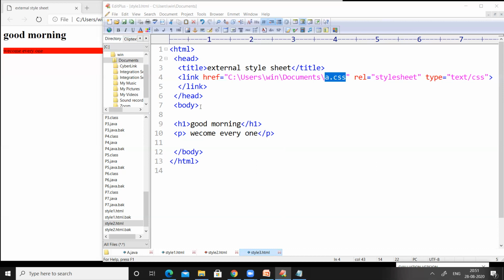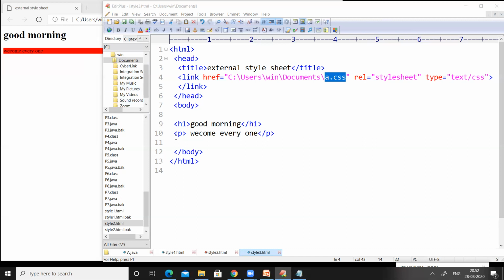So by using H1 tag, we have printed good morning on the screen. So you can observe on the LHS side, good morning is printed with the font size according to H1.